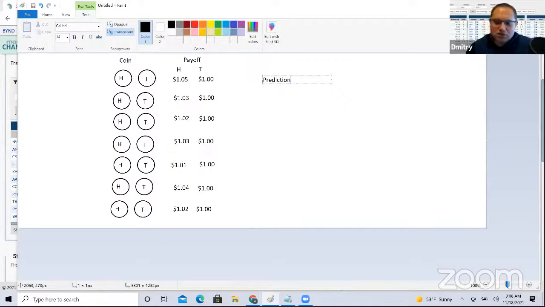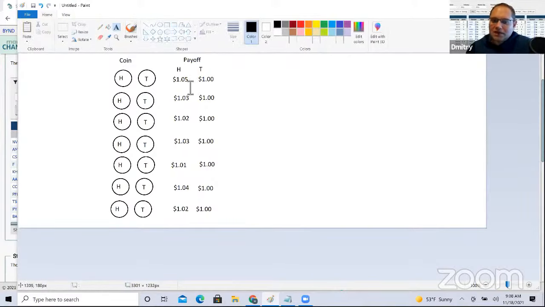It's a 50-50. So what I told you was, what do we know? Well, what is edge? If somebody pays us $1.05 because their prediction model thinks heads is going to come out, and they say, I'm willing to pay you $1.05 if heads comes out, and you pay me $1 if tails comes out, well, that's a statistical edge. There's no guarantee, but if you understand statistics and math, that's a statistical edge. That's what we're talking about right now: looking for some type of advantage in the trade. And we stopped there.